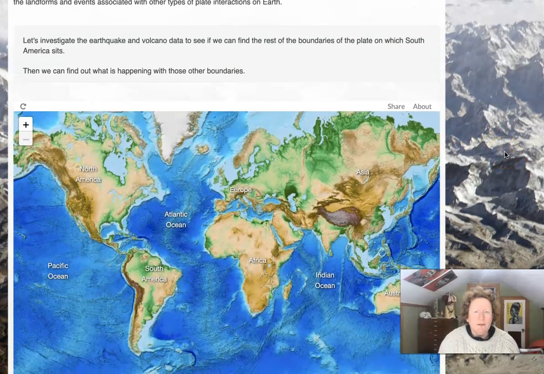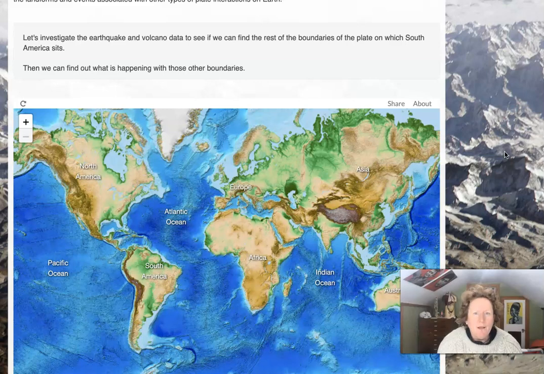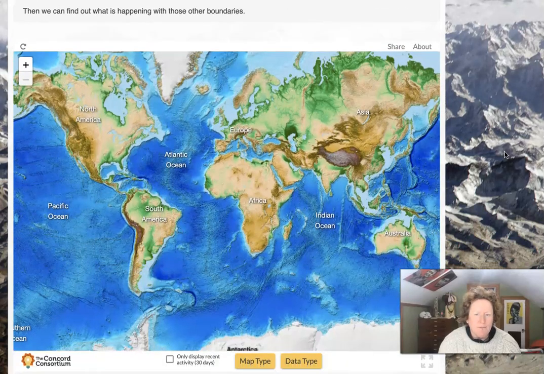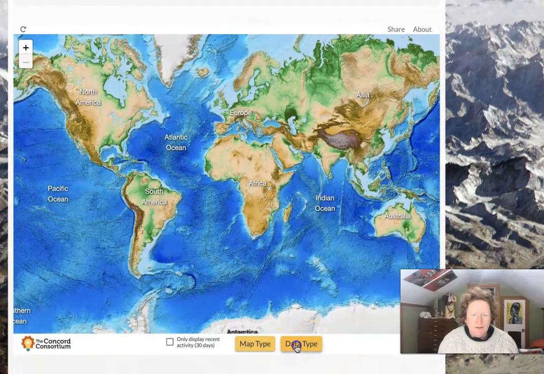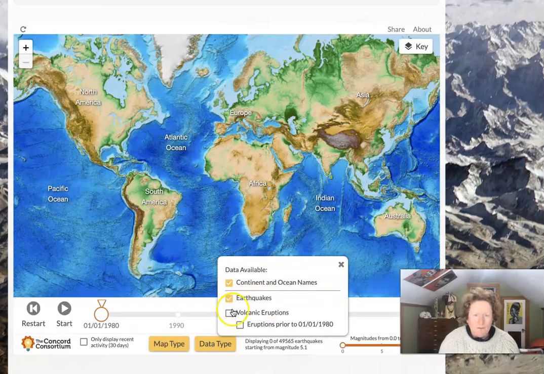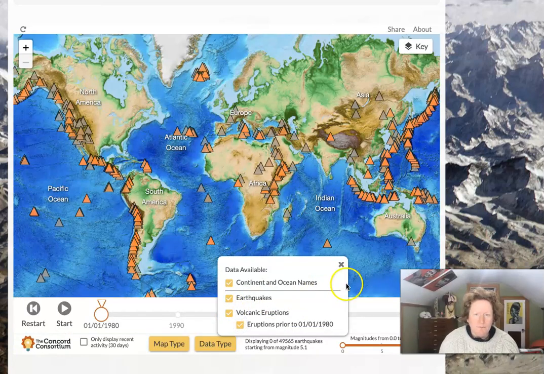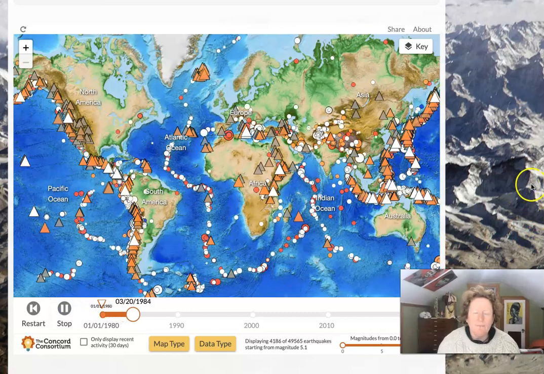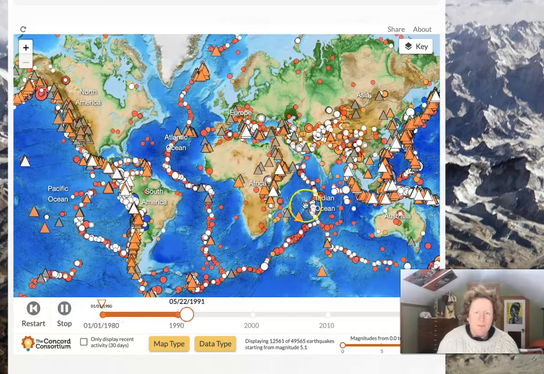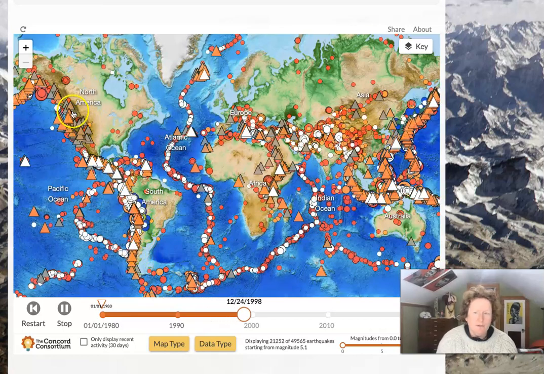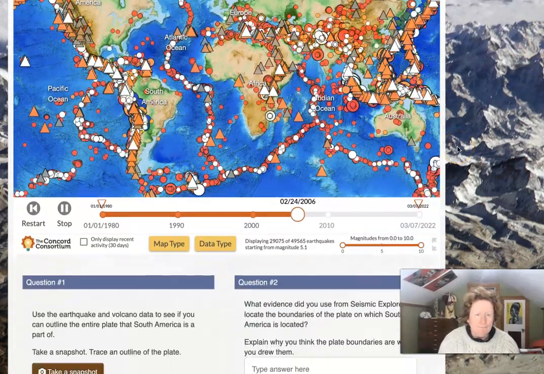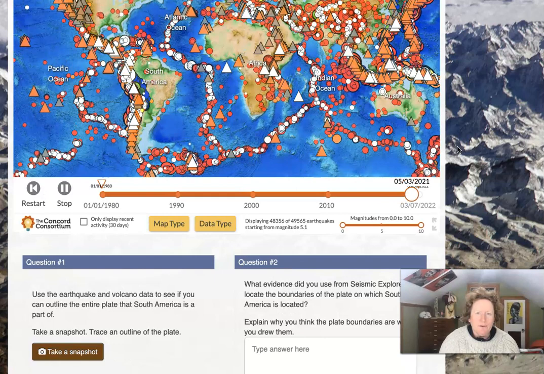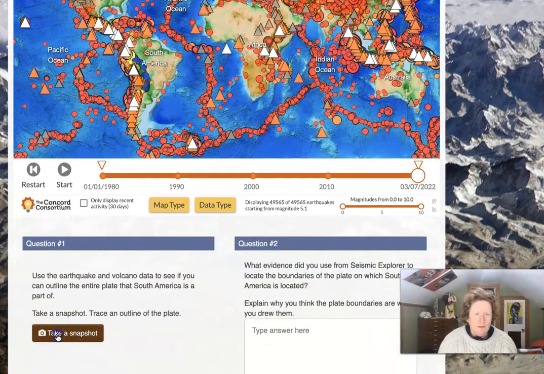Let's investigate the volcano data to see if we can find the rest of the boundaries of the plate on which South America sits. Then we can find out what's happening with those other boundaries. So let's put data, earthquakes, and volcanic eruptions, even those prior. And let's run here. I see some plate boundaries developing here with these lines of earthquakes and volcanoes. Using the earthquake and volcano data, see if you can outline the entire plate that South America is part of. So if we take a snapshot here,